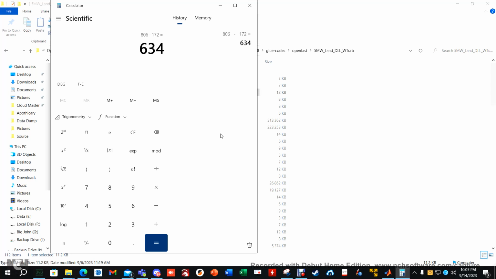Usually a factor of safety for a wind turbine is 1.5, so I'm going to divide it by 1.5. Tells us it's 422.6, so I'm going to round up to 423. That means if we want these blades to survive, withstand, stay around for at least 20 years, then we should not subject them to more than 423 kilonewtons of force